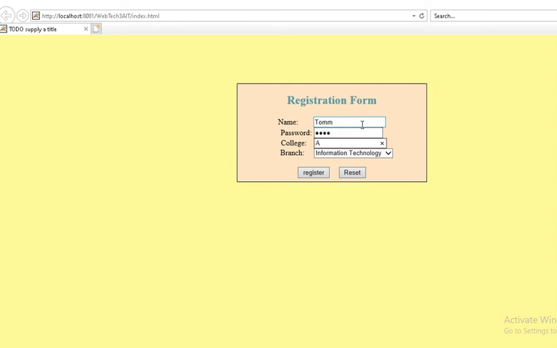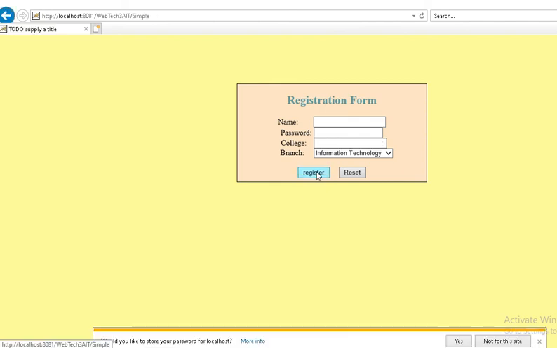College I am using is ABES Engineering College, and branch I am using Information Technology, or you can say any. Let's take Information Technology and try to register. So it reverted back because of our password length.